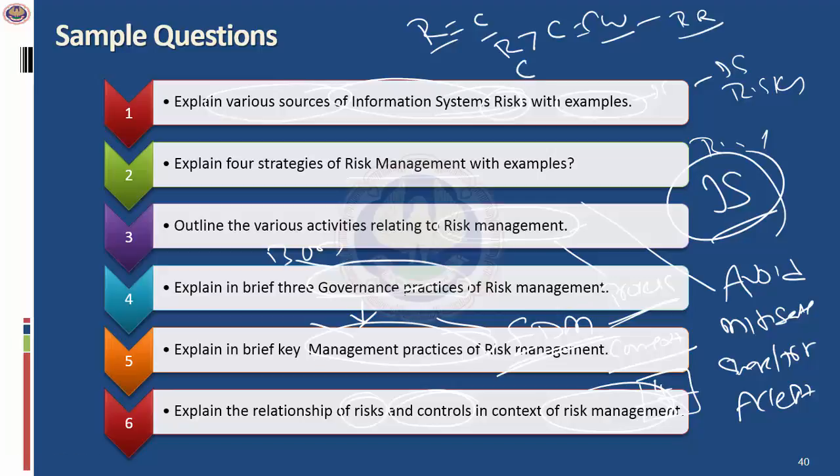There could also be another equation. Control is greater than risk. Now, is it acceptable from an audit point of view? You find the organization is very well controlled. They are very good in controls. But you need to remember that controls always come with a cost, which means they're unnecessarily investing money on security, which is not required. So you need to bring the risk to an acceptable level. So this is the relationship of the risks and the controls. If you remember the equation, you have risks, which are mitigated by security, which has to be configured as per the need of the organization, which is control. And this is the relationship of risk and controls.